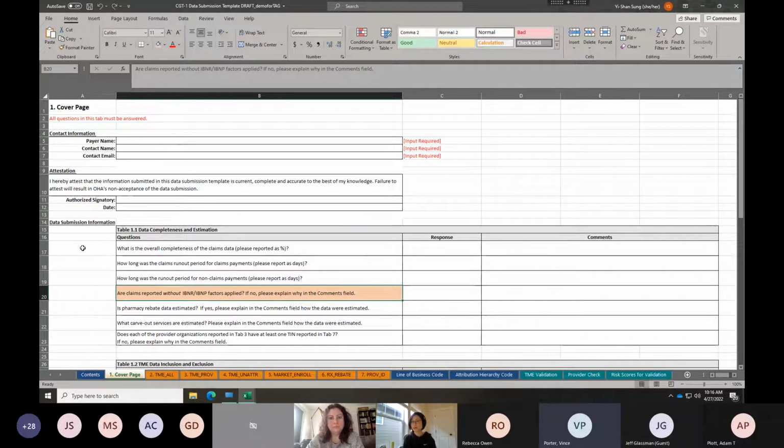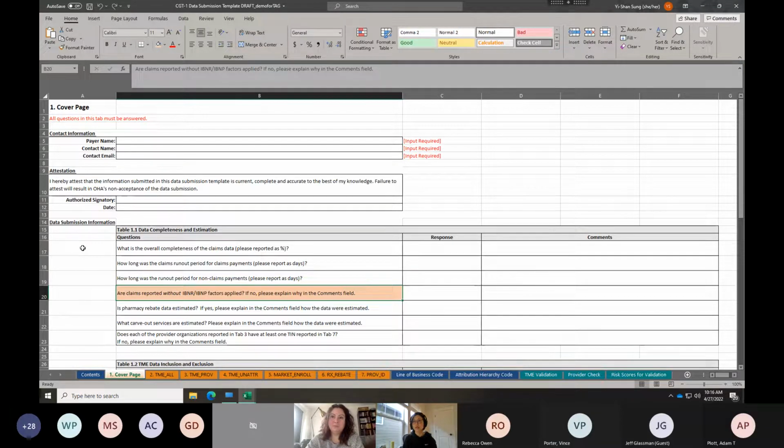Then will you all do those calculations on your end, or are we doing the calculations on the age and sex? Like we're just turning in the data with no risk adjustment, and then you're handling it? Yeah, I can take that question later in the template. We are going to provide the demographic score reference table.